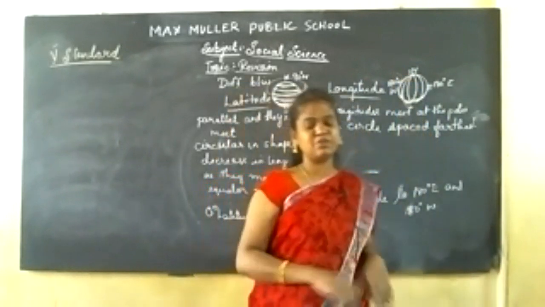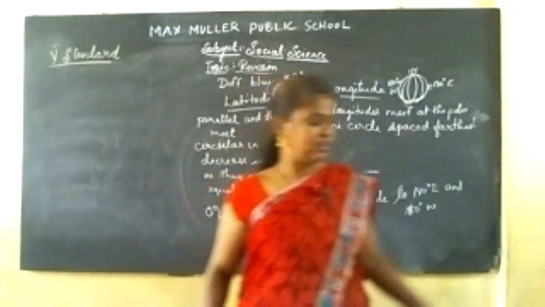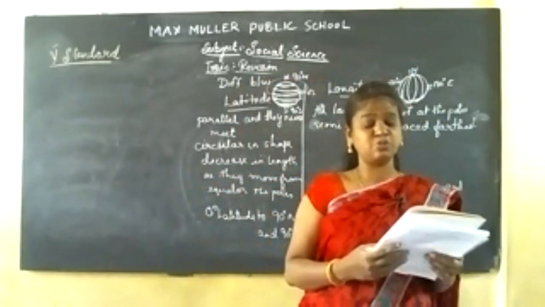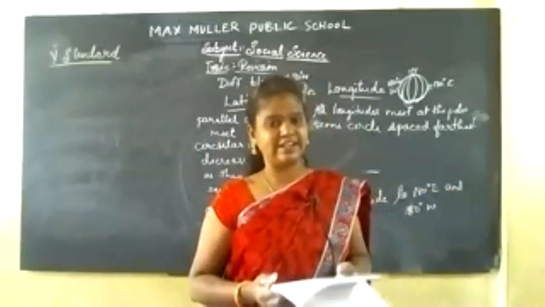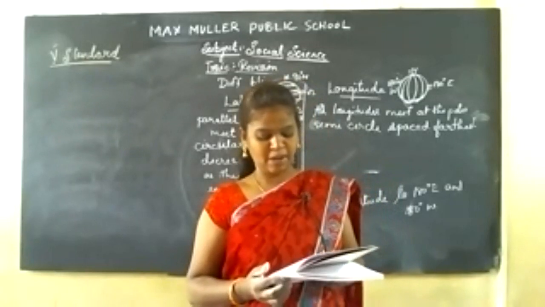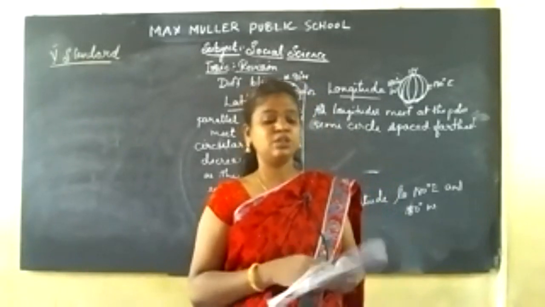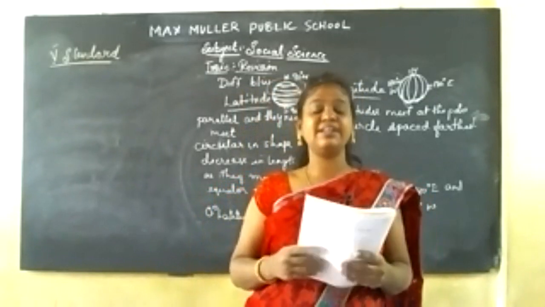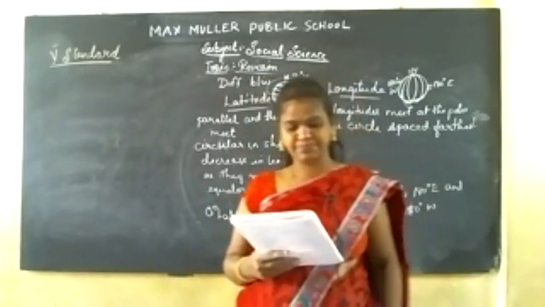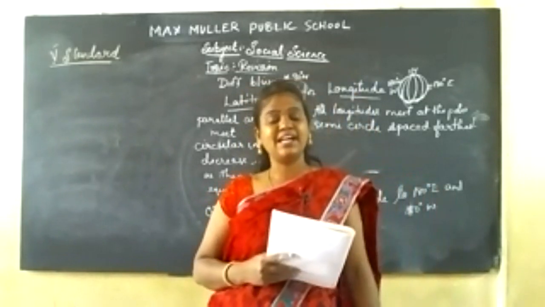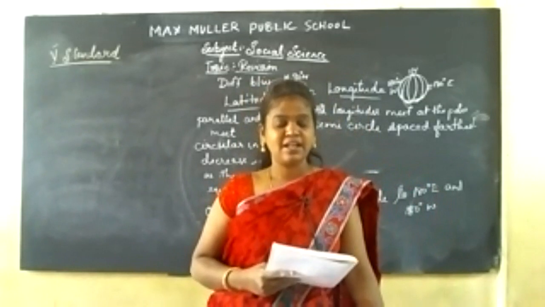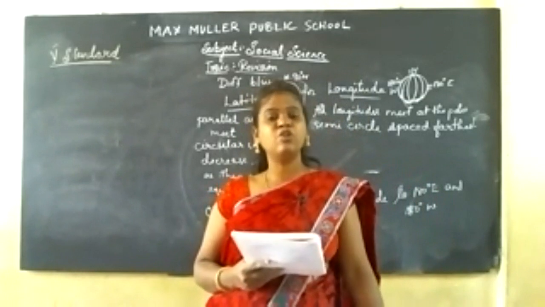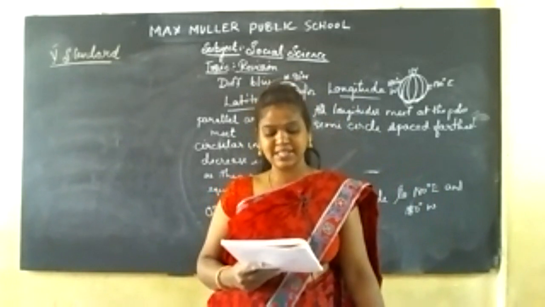So these are the differences between the latitudes and the longitudes. I'll just go over the questions once so that it will be easier for you to read. How do we use an atlas? We use an atlas with the help of a section called index, which shows the names of the places marked on various pages of the atlas in an alphabetical order. Second question, what are latitudes and longitudes? Latitudes and longitudes are the imaginary lines drawn on the globes and maps to locate the places easily.